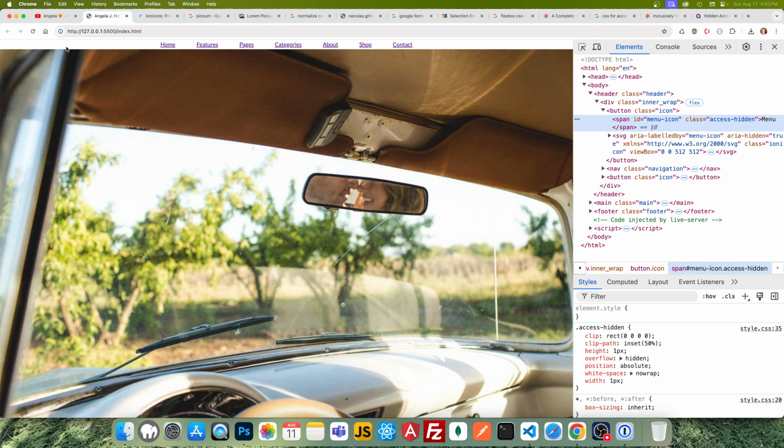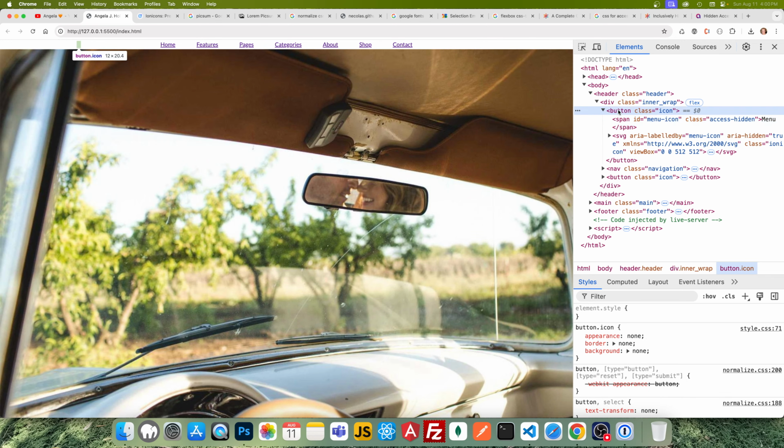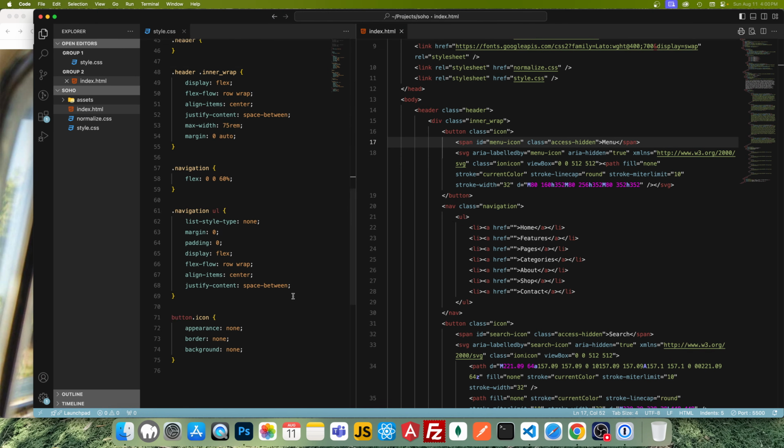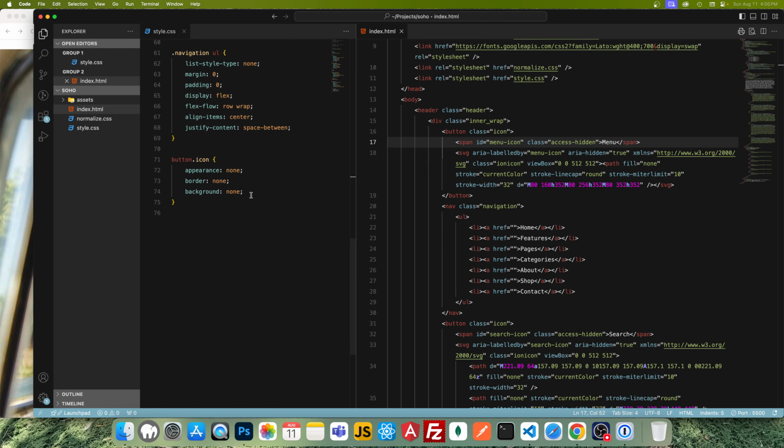All right, and so now we hit our span, so we just have to make sure that our button still has some structure here. So I'm going to say display block,